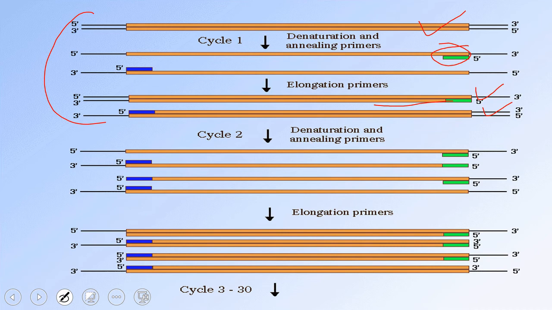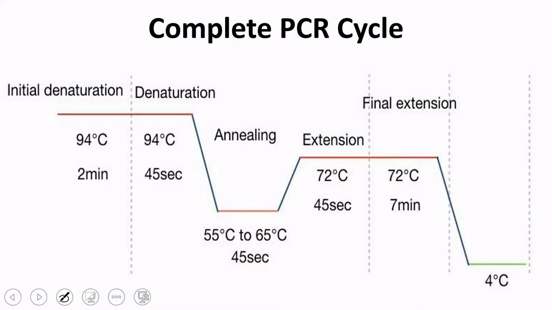Then both DNA molecules go for cycle number 2, where both strands are separated. Ultimately we will have four single stranded DNA, and these will be annealed with two different types of primer, as you see here, and then elongated. After cycle number 2, we will have a total of four double stranded DNA. Roughly, in a PCR we run around 30 to 35 cycles. So this is the complete PCR cycle, where this is the initial process of denaturation.